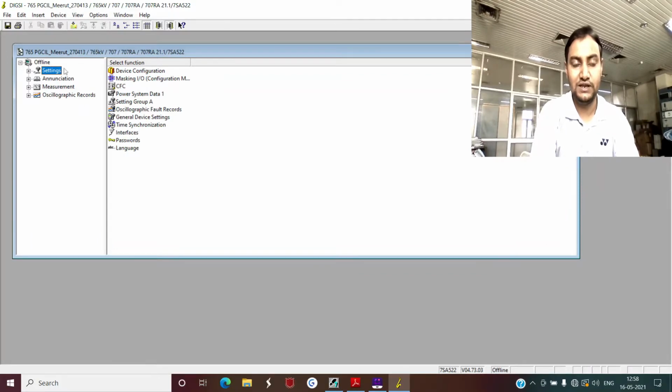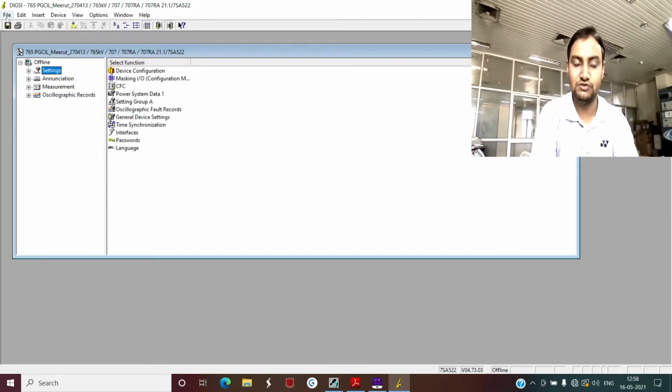In settings, if you click on the left hand window, in the right hand side you will have these options. But before starting this, just look at the various tabs available on this DIGSI software. If you look above, it is written the name of the substation to which this project belongs, then the 765 kV voltage level followed by 707 bay, then 707 RA panel, distance relay main 1, and the relay model number is 7SA522, which is a Siemens Multi Protect relay.